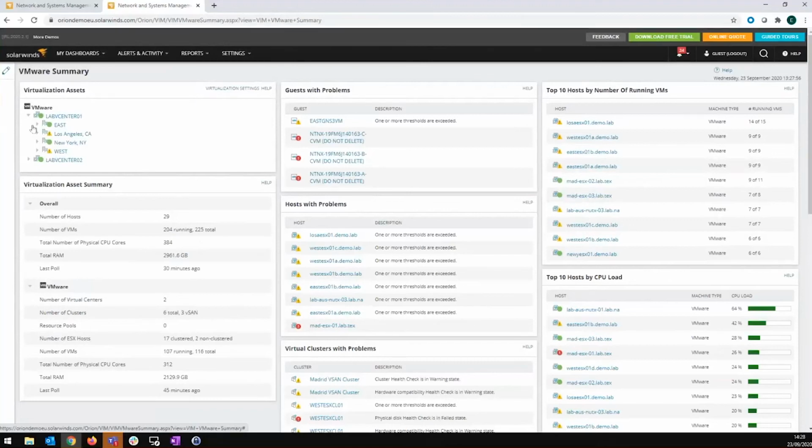And for Hyper-V, we use the WMI protocol to collect the relevant metrics in terms of virtualization system performance and underlying performance of your data stores, guest machines, and hosts as well.